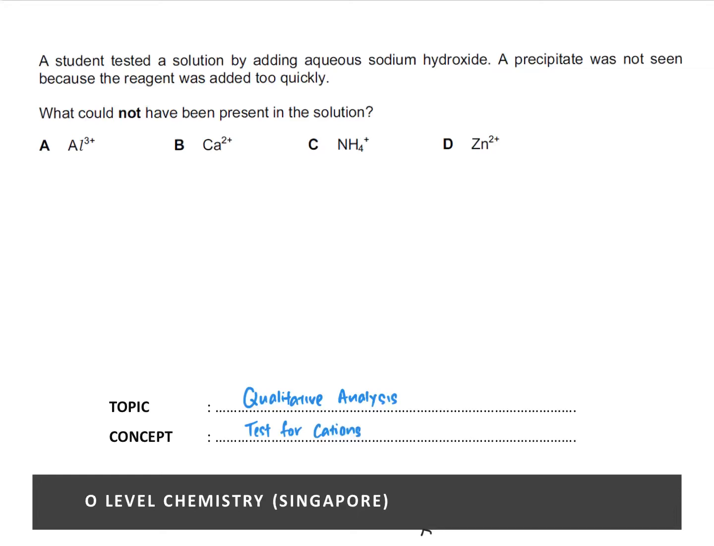This question is on the topic of qualitative analysis, more specifically the test for cations. If you can recall, for the test of cations, we always add sodium hydroxide or aqueous ammonia, and we don't add them in one shot, we add them dropwise followed by in excess. When we add dropwise, we are supposed to look out for any precipitate formed, and if yes, the color of the precipitate, and then followed by in excess, we want to see whether the precipitate can dissolve in excess